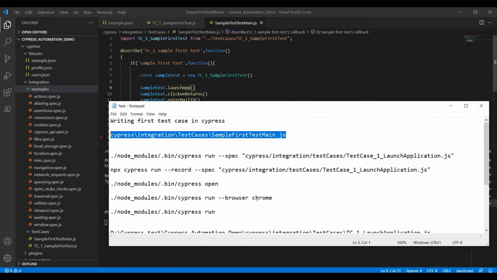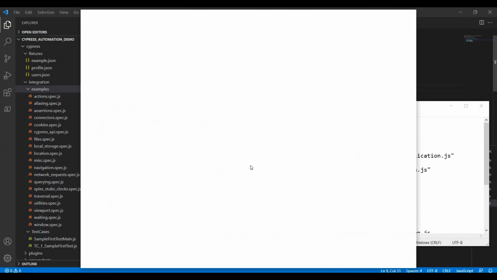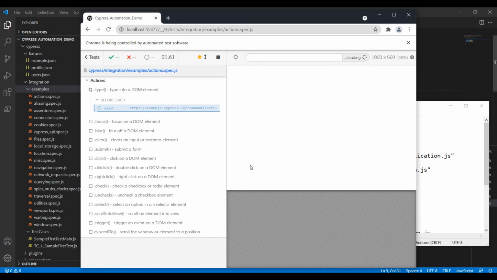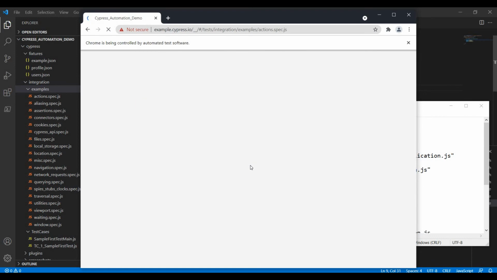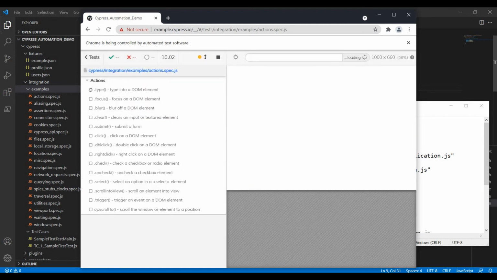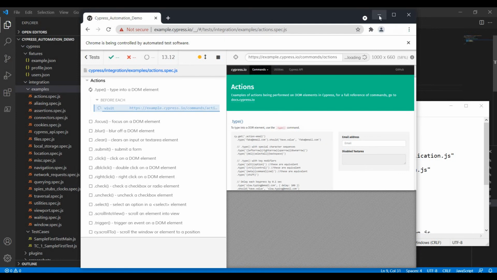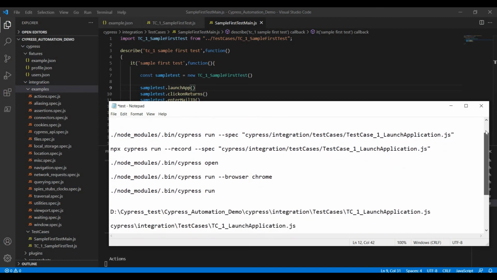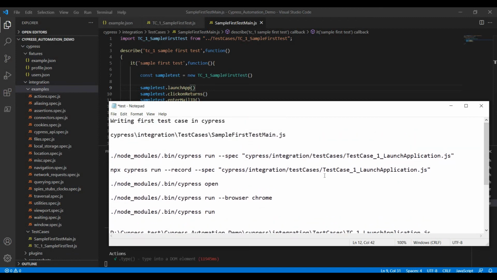So what I have to convey here is, if you mention the specific file name, only then will it take the specific test case. If you are not mentioning any specific file name, in that case it will by default take the examples folder. See, this is the way the execution happens. It will take a few minutes to complete all the cases, but I just wanted to tell you all those things. So I hope you understand how we can write the first test case in Cypress and what execution commands we have to use. Everything you are aware of, right? So thank you guys.